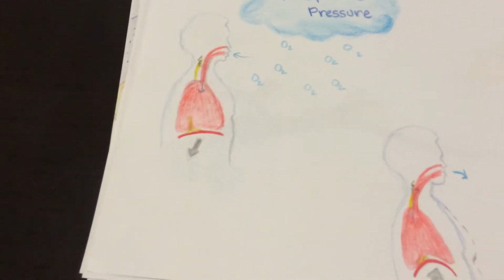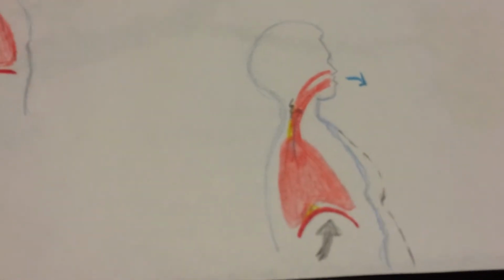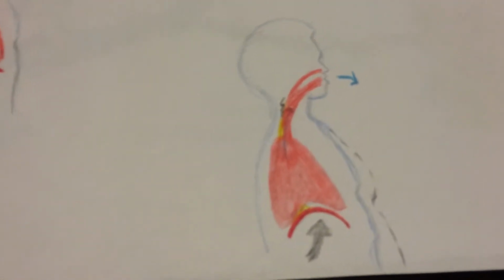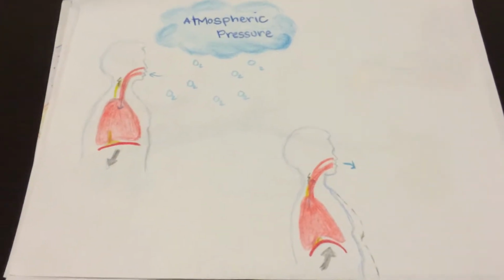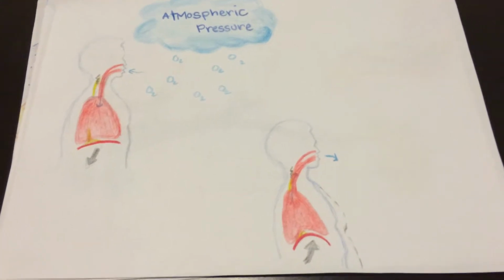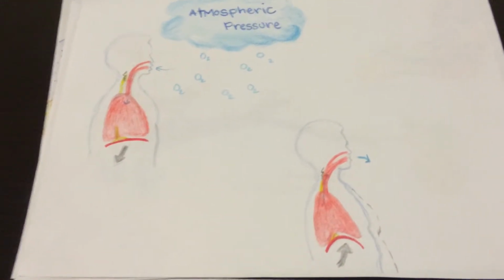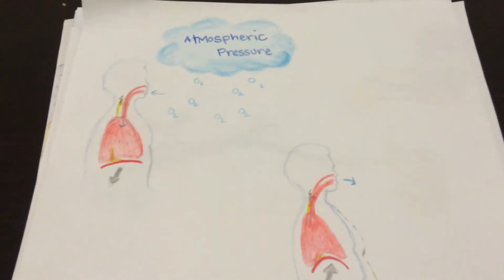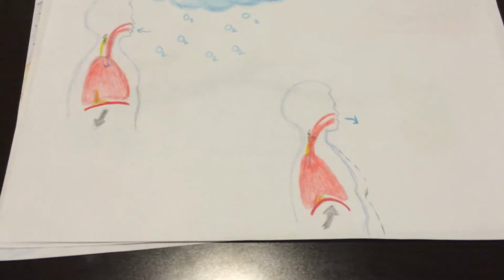When we exhale, the diaphragm relaxes and returns back to this upside down bowl shape. Our chest goes back down and the air moves out, because if you remember Boyle's law, when the volume decreases, the pressure will increase, and it becomes higher than the pressure of the atmosphere outside. And air wants to move out and follow its pressure gradient until the intrapulmonary pressure, or pressure in the lungs,